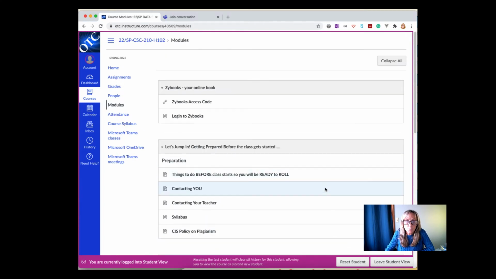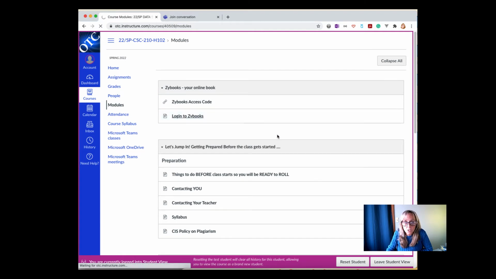I'm going to go up to the zyBooks here. zyBooks is what you are going to be using. This is the online access book. It is both a reading material and an interactive work material. So I love zyBooks. I think it's a great resource. So you're going to want to log into zyBooks.